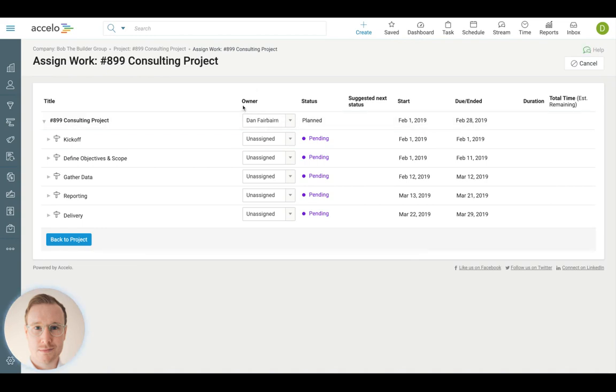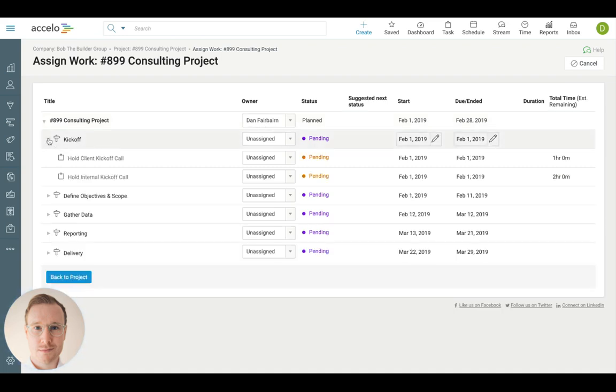As we see here, the owner of the entire project is Dan, and we have each one of these milestones here. The great thing to be aware of is that I don't have to go through each one of these tasks if it's someone that does all of those tasks. I can choose to assign someone to that milestone, using this bulk assign button, and pre-assign them to all those particular